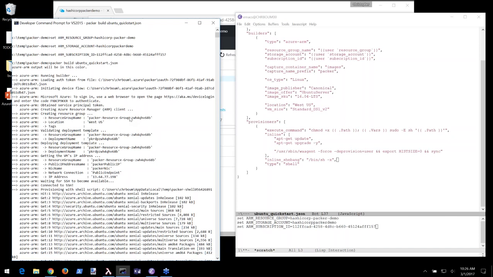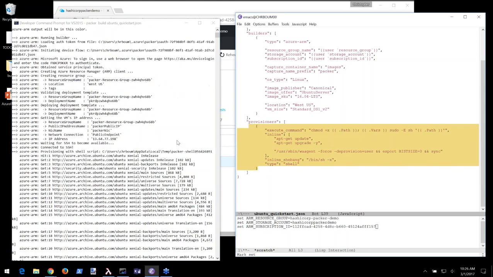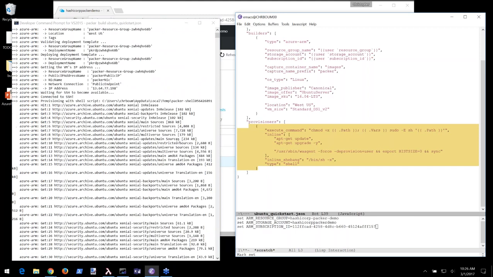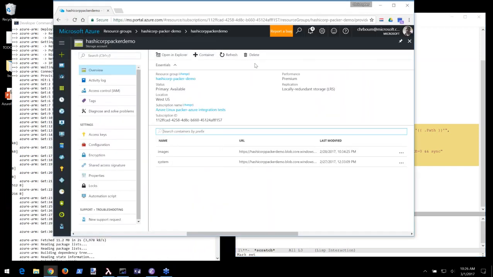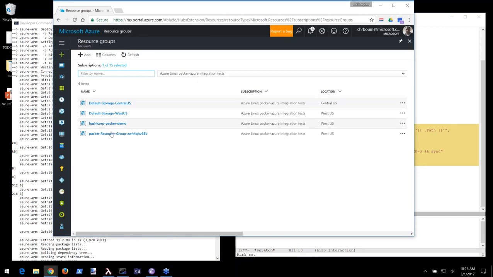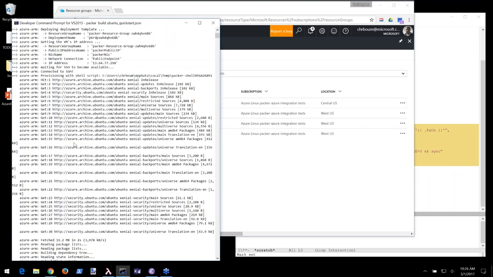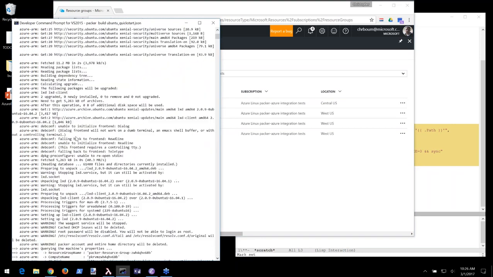The way the Packer builder works for Azure is it creates a temporary scratch space for you, populates it with resources, executes your provision steps, and then takes a snapshot of your VM that you can then deploy as a virtual machine image. So if we go back into our portal view and we look at our resource groups, you'll notice that there is now a resource group called Packer Resource Group ZWH, which corresponds exactly to the one that we had in our Packer build output. And if we go into there,